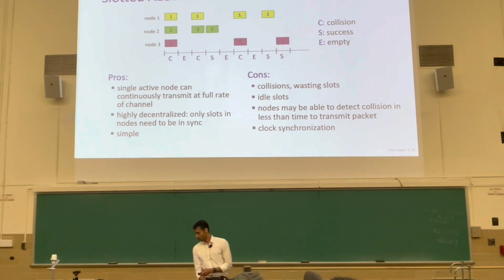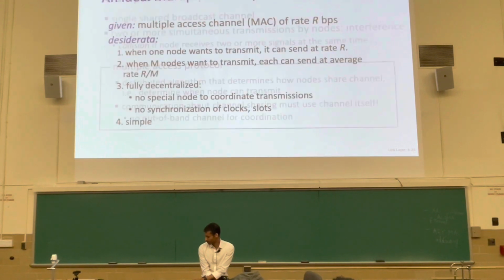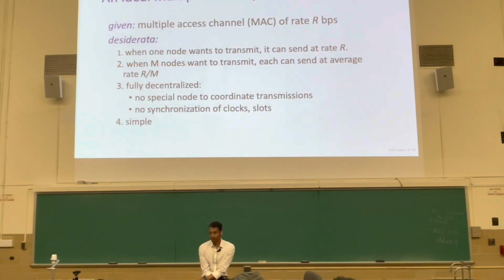So if you go back to our goals, our blind senator problem goals, or the random access problem goals, when one node wants to transmit, it should be able to use all the channel capacity, all the bits per second bandwidth. That is true. There's only one node transmitting in Aloha. It's going to transmit in the first slot. No collision will happen because nobody else is trying to say anything. Second slot, third slot, and so on. No problem.